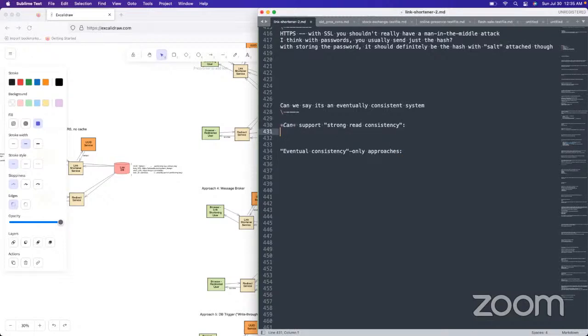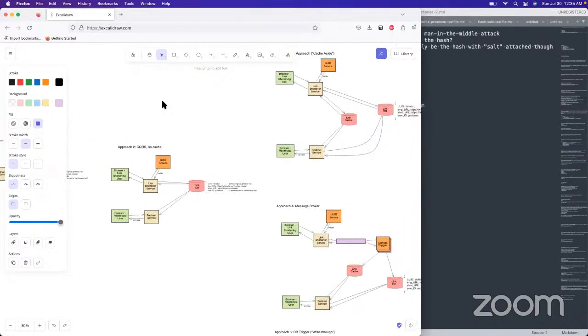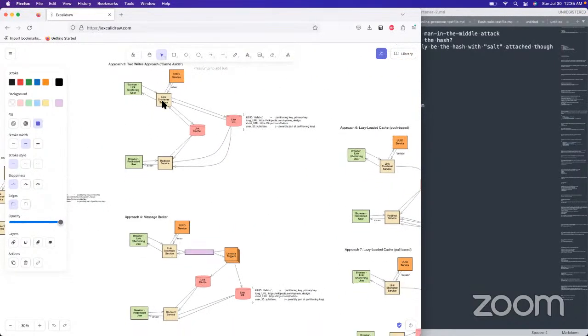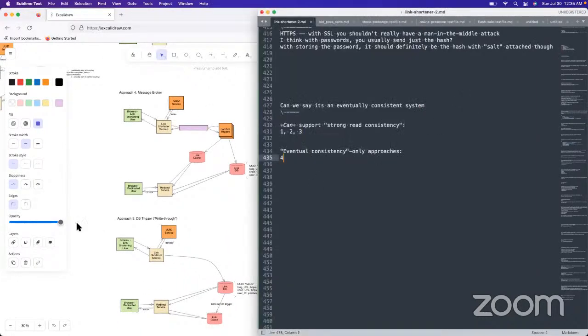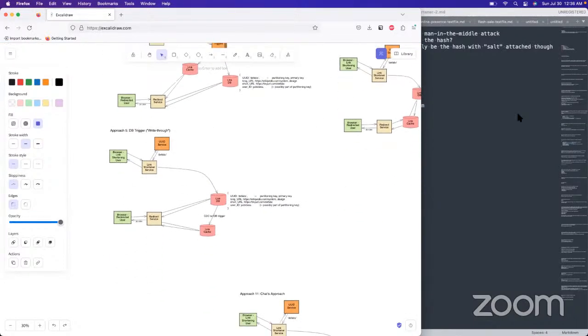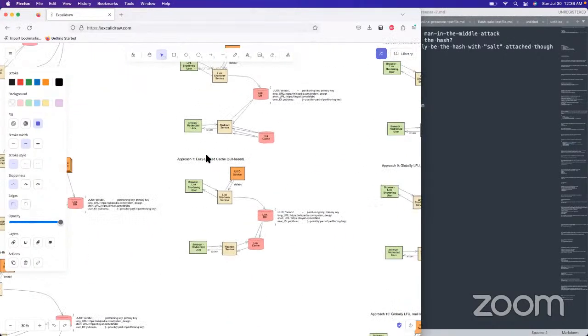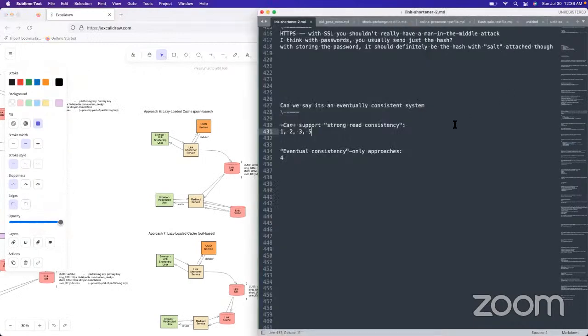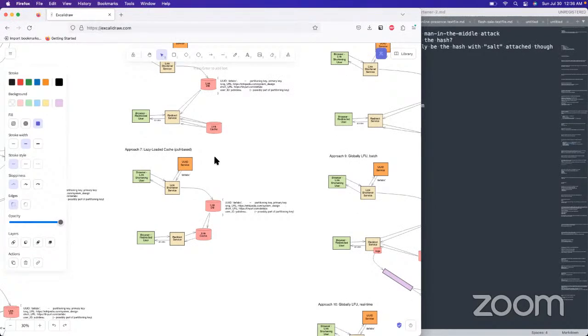Okay, so 1, 2, and 3 are definitely going to be able to support strong read consistency. 4 is only going to be able to support eventual consistency. 5 can do strong read consistency. What have we got? 6 is able to support strong read consistency. 7, I don't know how, I guess that one supports stronger read consistency because it should be doing